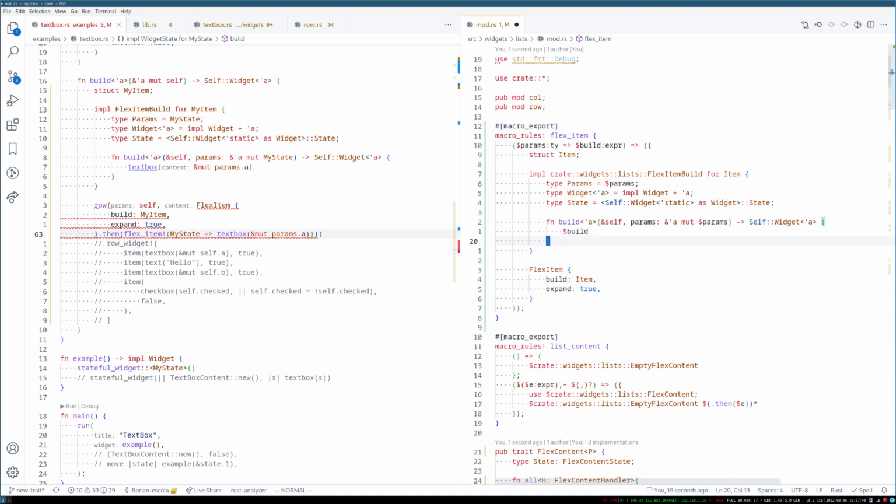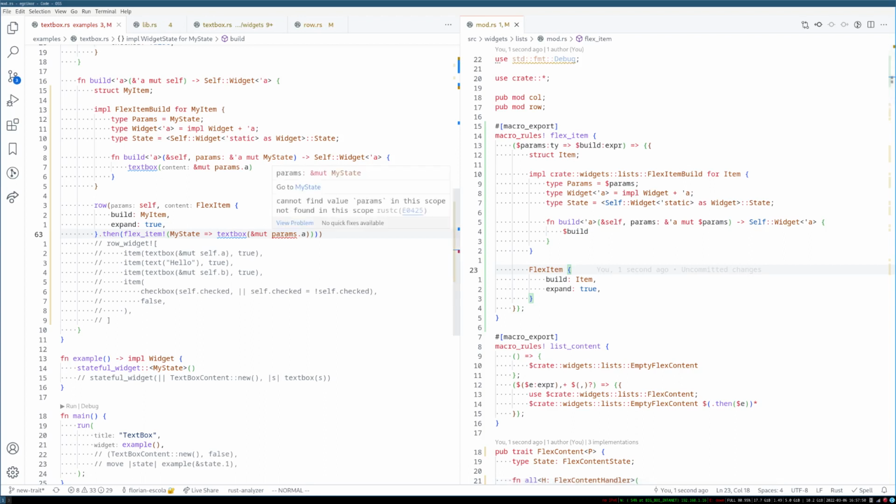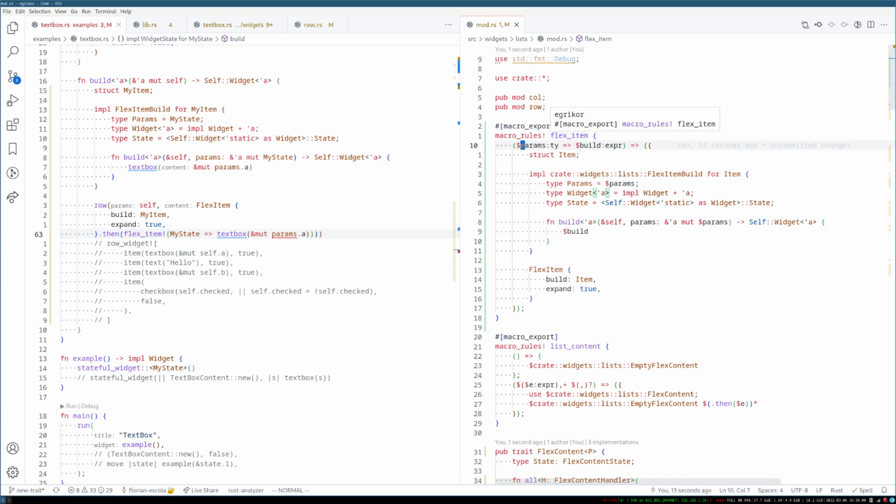I don't think you have the same state sharing issue, so right. Okay, let's see. Now that's the not found in the scope. That's the hygiene thing. So let's introduce an identifier. I think